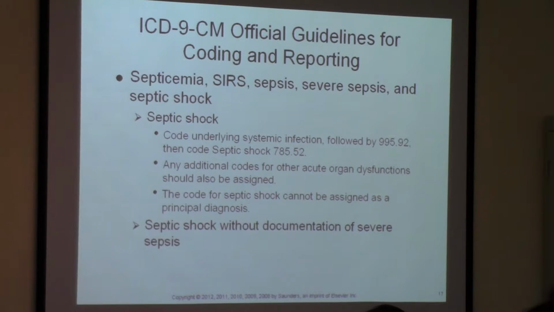So basically, septic shock has to do with circulatory issues, maybe like low blood pressure, hypotension, stuff like that. So septic shock generally refers to circulatory failure associated with severe sepsis. It represents a type of acute organ dysfunction. So for all cases of septic shock, the code for the systemic infection should be sequenced first, followed by 995.92. So basically, in order to code for septic shock,